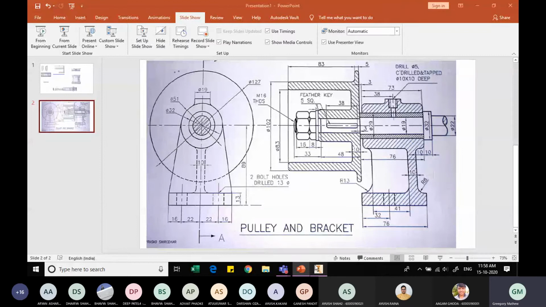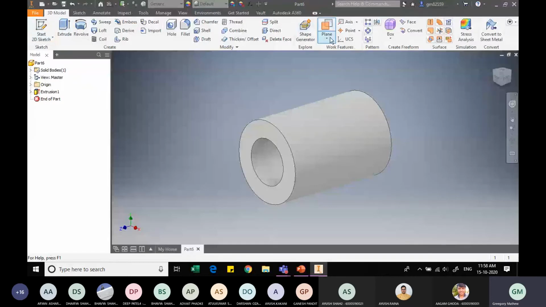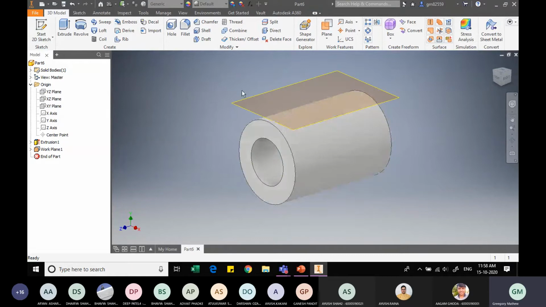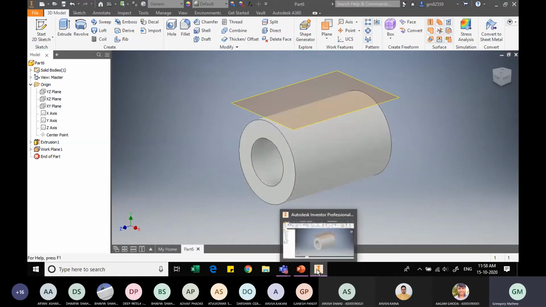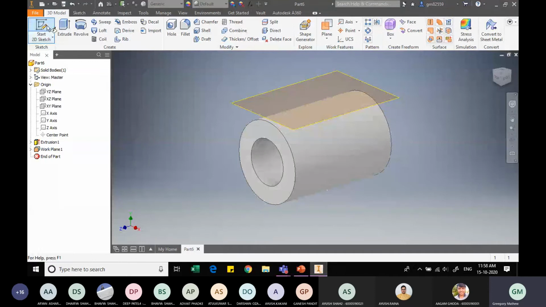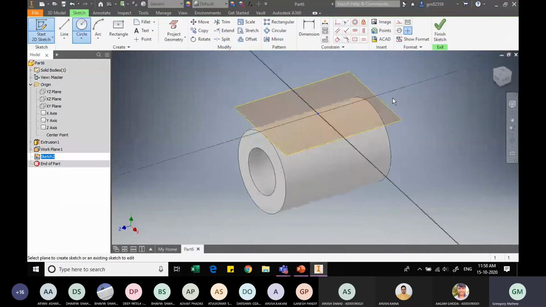Going back to Inventor. So let me first create a plane which is offset from a plane. So offset from which plane? Going back to origin, let me check which. No, this is not the plane. Yeah, this is the plane. So for our distance, offsetting it by 14.5 plus 15 as discussed. And on this plane, now we will sketch a circle. And it is shown to us that the center of the circle is at a distance of 38 mm from this edge. So let us first sketch on this plane the circle.